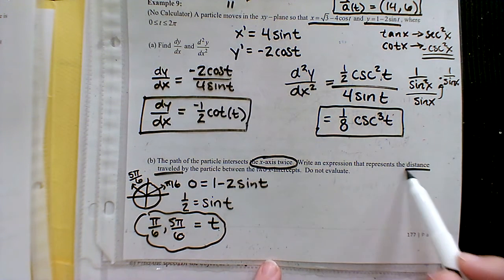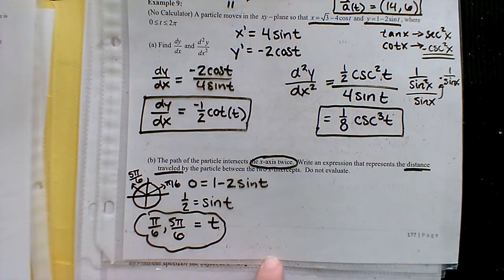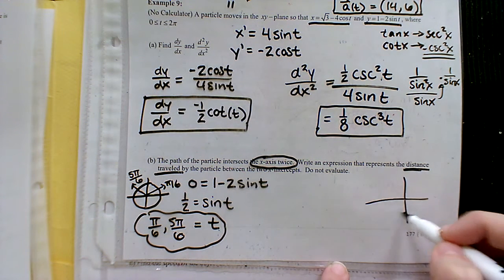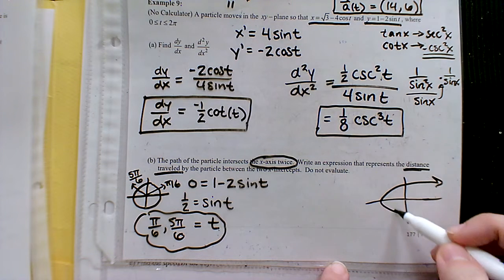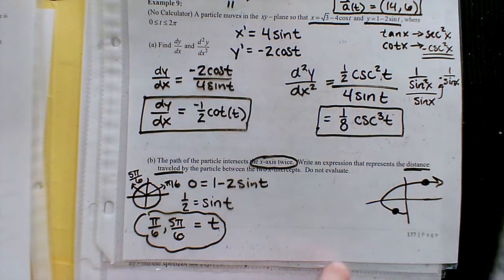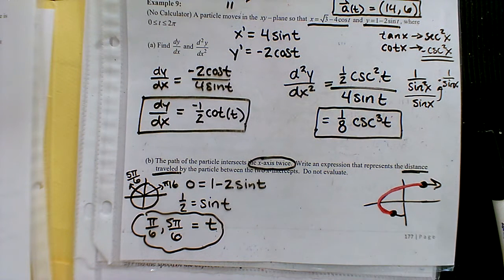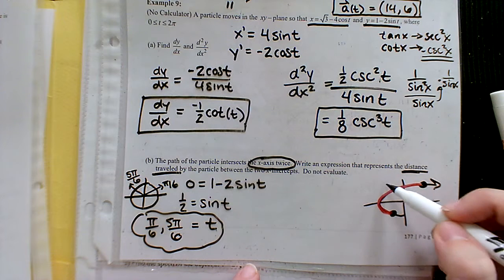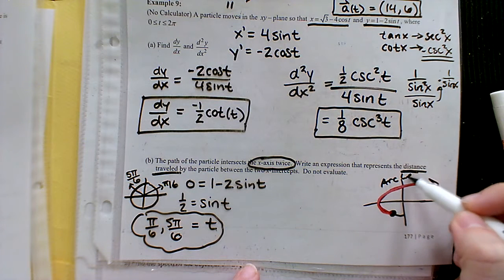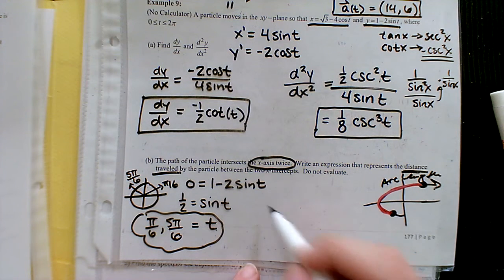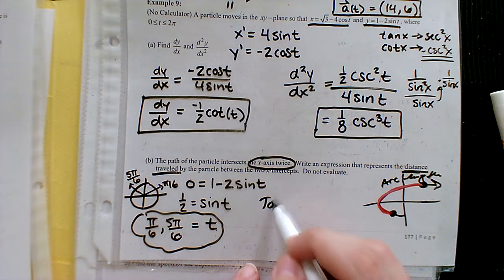All right, so how can we represent the total distance traveled by a particle? If you think about that example from the way beginning of the section, if we start here and end there, how can we figure out the total distance? We take the integral of it. Right, this is essentially arc length. Okay, the length of a curve. So we'll say total